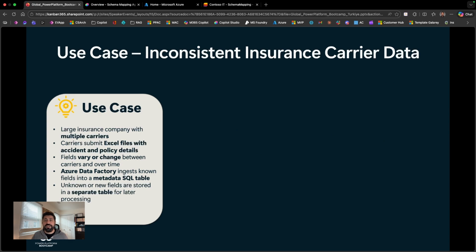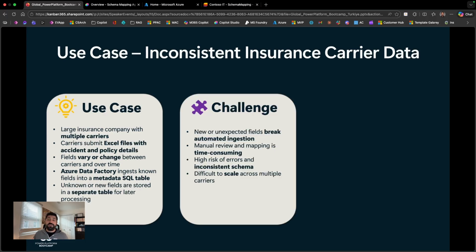So every time there is a new file, Azure Data Factory ingests that information, takes the necessary data, and then writes back to the SQL table. But what happens here? Sometimes there is a new field in the Excel file that doesn't exist in our metadata table. So that gives a hard time to our ADF, Azure Data Factory, because that field doesn't